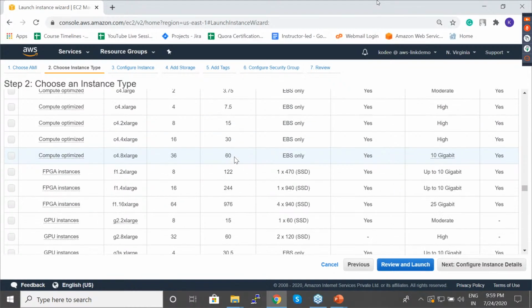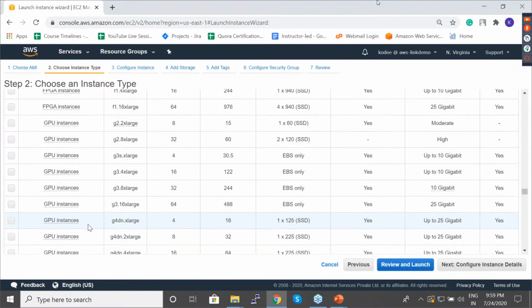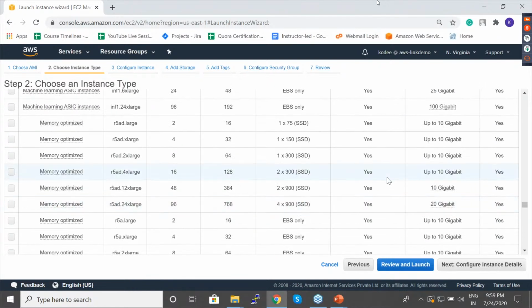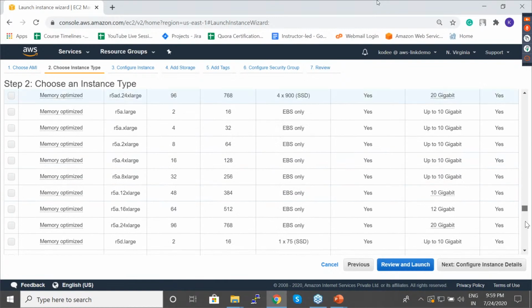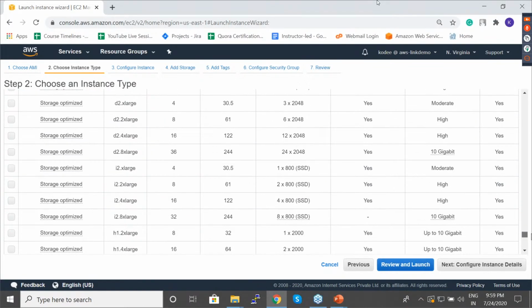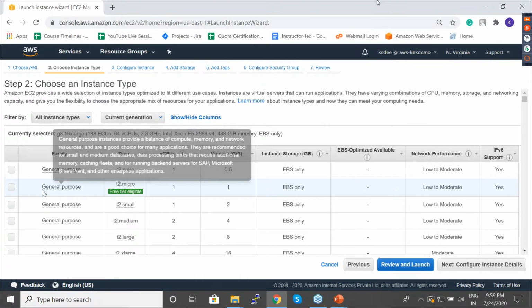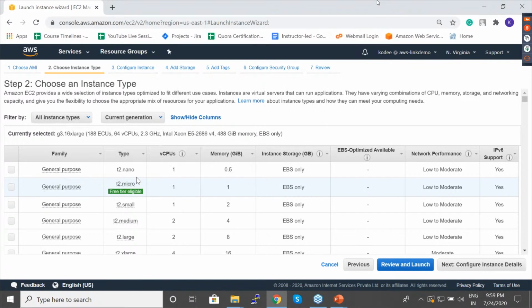Coming down, there are GPU instances, which can be used for heavy graphical processing. There are many instance types. You'll have to go through all of them if you want to know every single one. But for now, it's okay to start off with T2.micro because that is the only free tier eligible instance type.